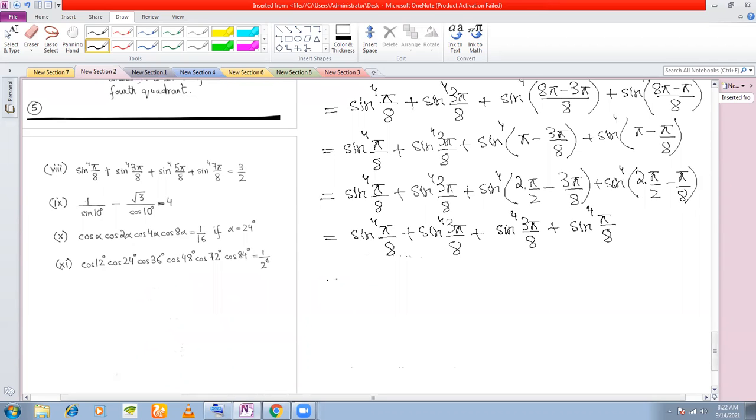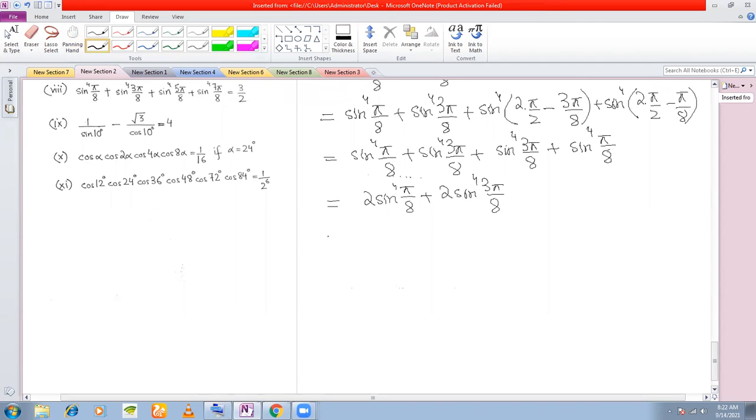So now you see sine to the power of 4 pi by 8 plus sine to the power of 4 pi by 8 will give you 2 sine to the power of 4 pi by 8. And here you will get 2 sine to the power of 4 3 pi by 8. So now from these two I can take 2 common. Twice sine to the power of 4 pi by 8 plus,